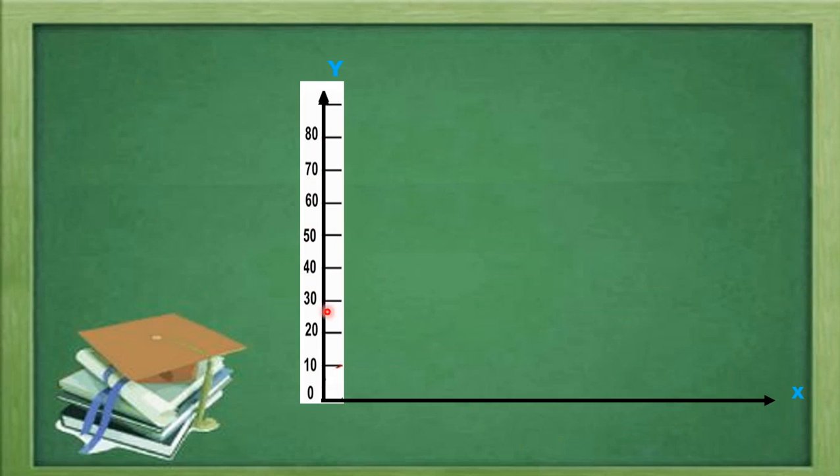On the y-axis, on the graph paper, we take 1 unit as 10 children. So the y-axis shows the number of children, whereas the x-axis shows the age group. On the x-axis, we define the particular intervals as 6 to 7, 7 to 8, 8 to 9, and 9 to 10 at the same distance. Now for 6 to 7, as 70 students are given, we draw the rectangle for the 6 to 7 age group up to the height 70, which shows 70 children for 6 to 7 years.